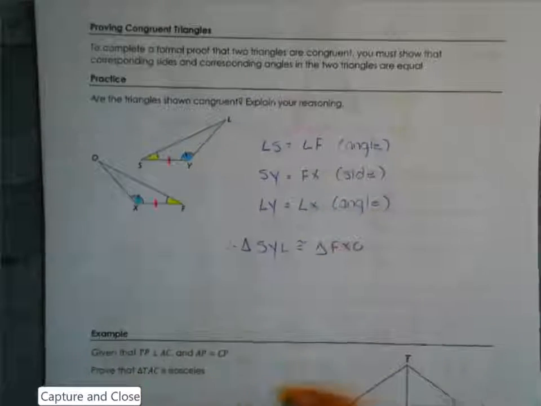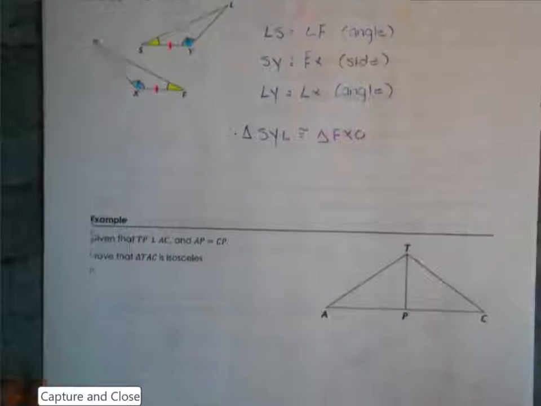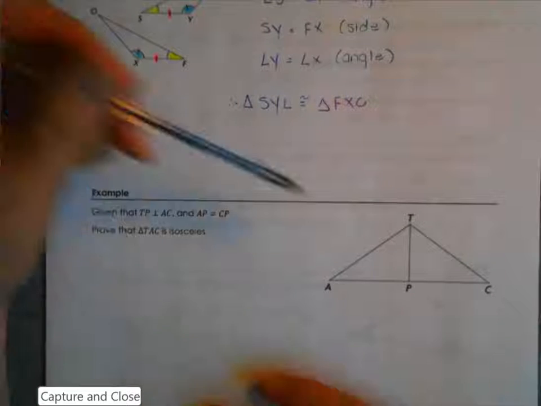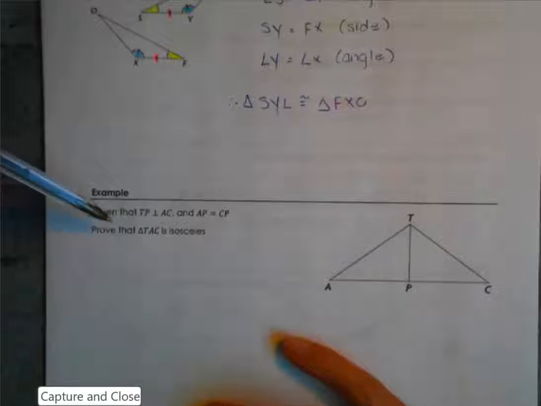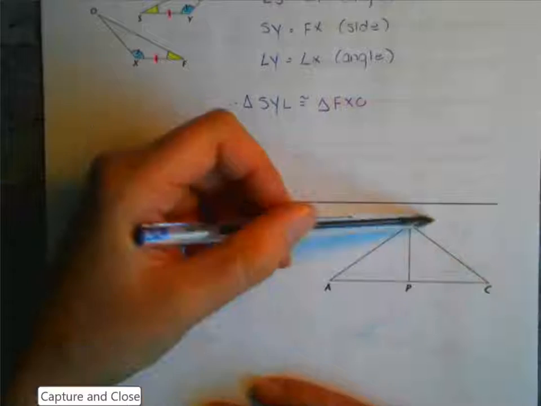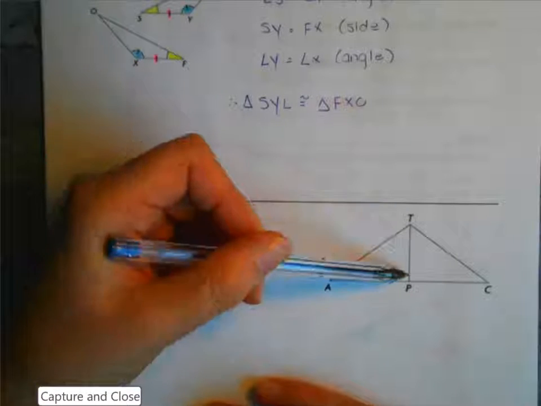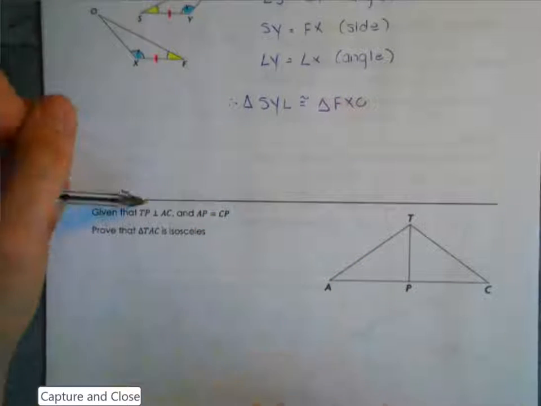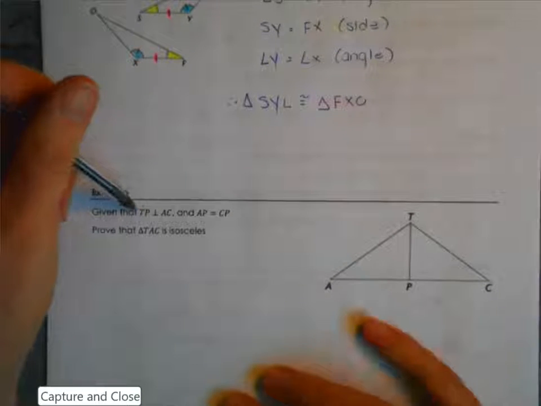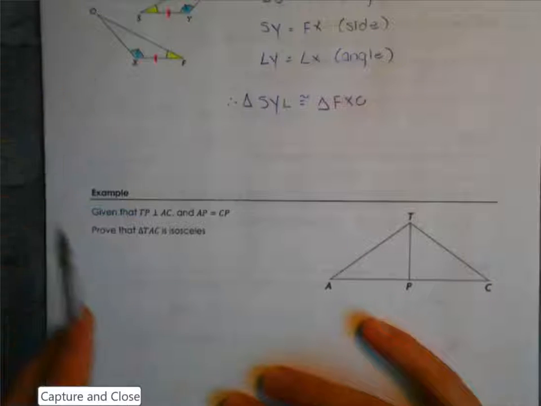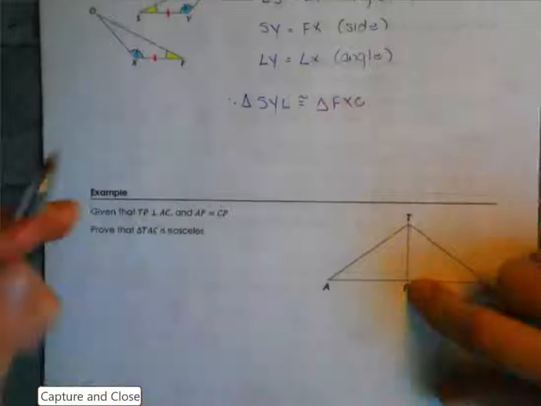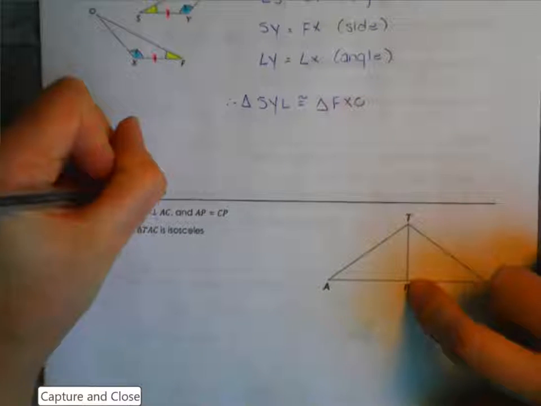Okay. All right, now let's move on to one that's a little bit more complicated. So in this one, we're given some facts about this triangle, and then we're asked to prove that triangle TAC is isosceles. So basically TAC is this whole big outside triangle, even though it's divided into these two smaller triangles. So the first thing you want to do with questions like this is make sure that you've identified what are the given facts. So first of all, we're given that TP is perpendicular to, so this little sign here means perpendicular,